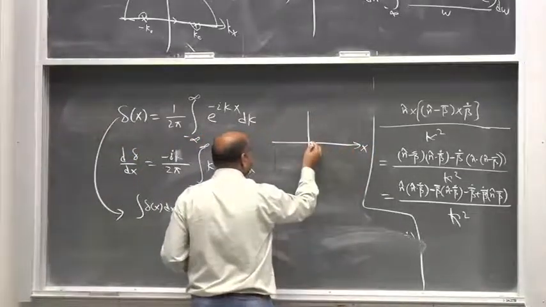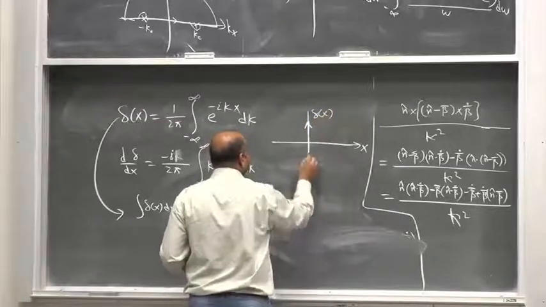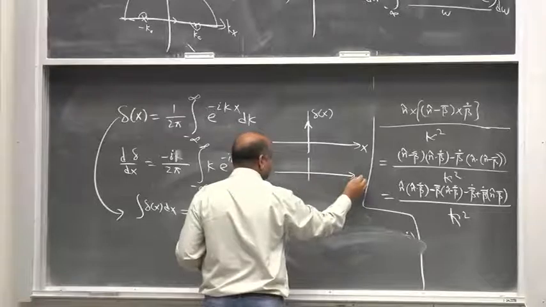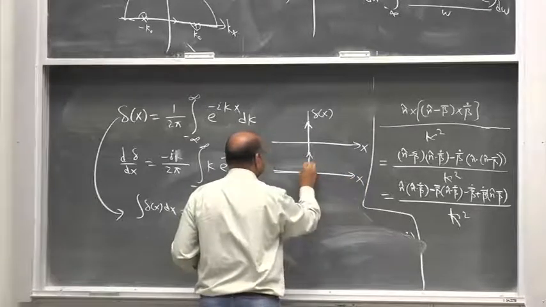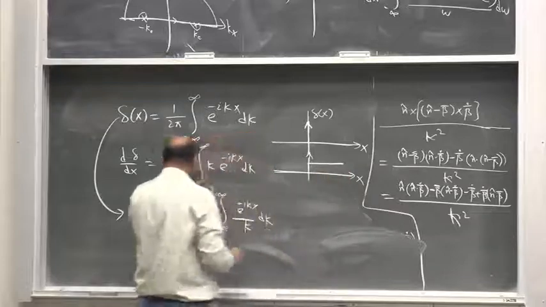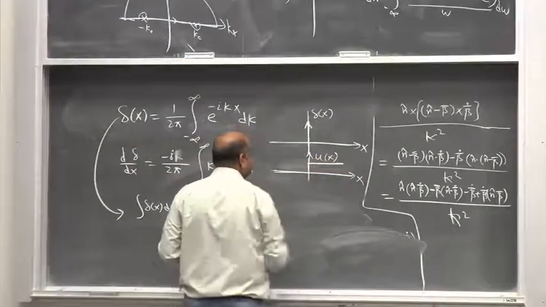If you have a delta function like this, इसका जो इंटीग्रल है it is actually a step function, u of x, क्योंकि